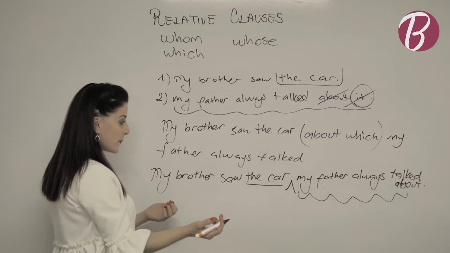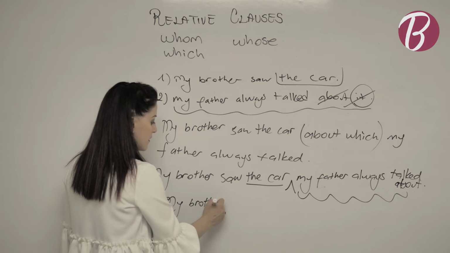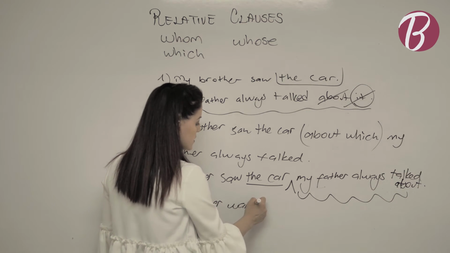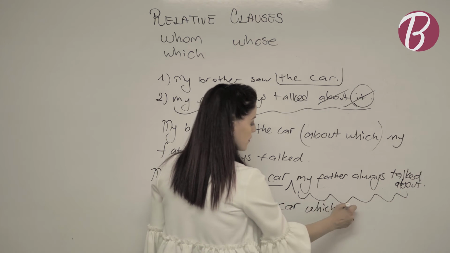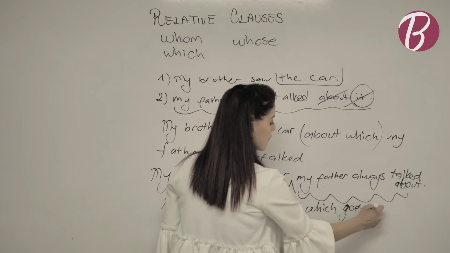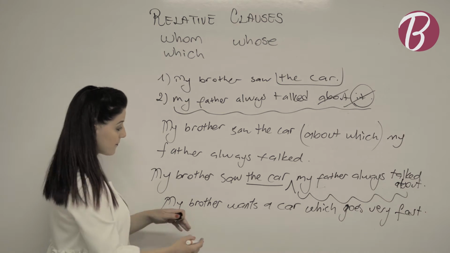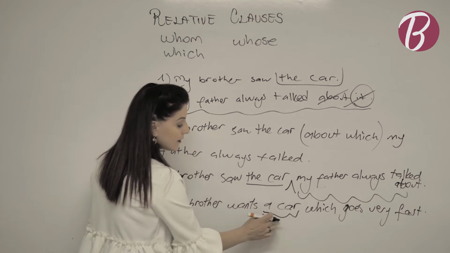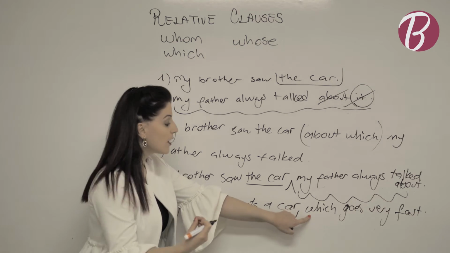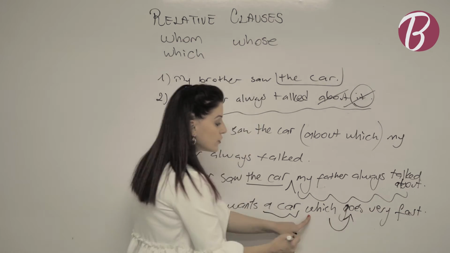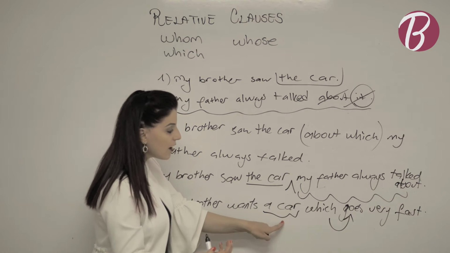But for example, if you say, my brother wants a car which goes very fast. In this sentence, you are again defining this noun by using which, but after the pronoun you see a special feature of this car,